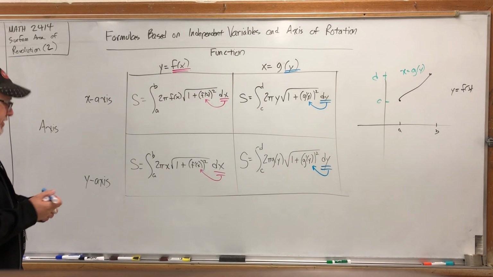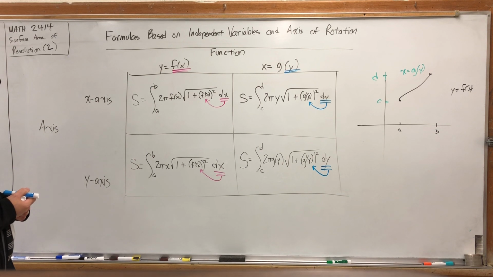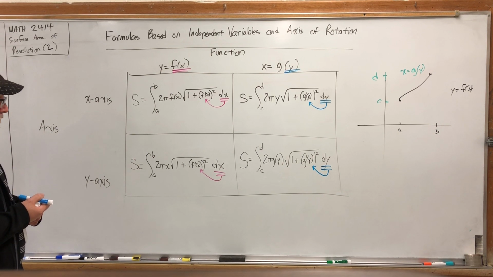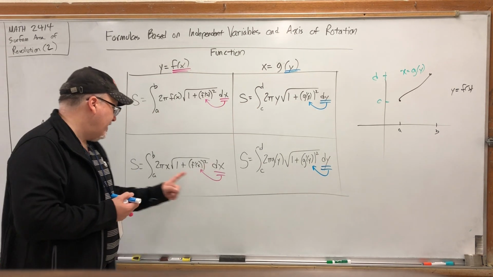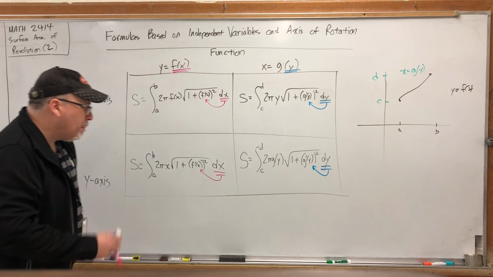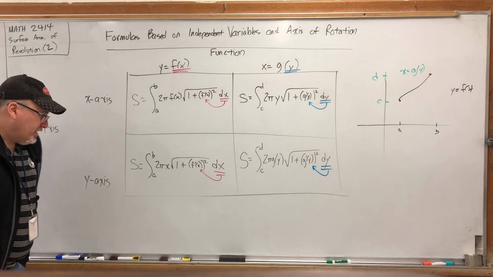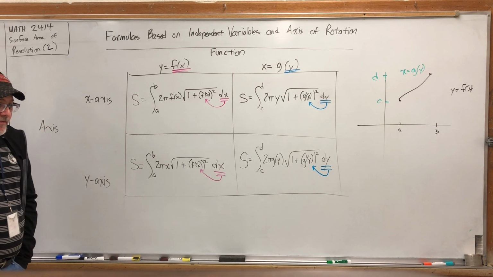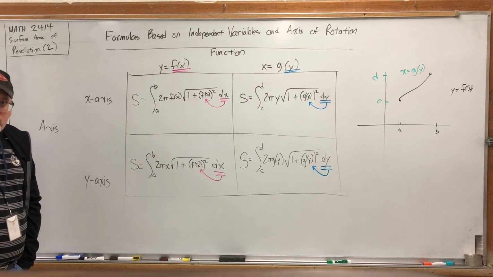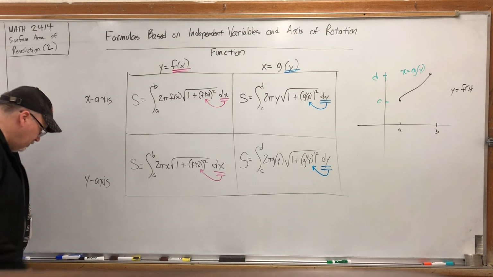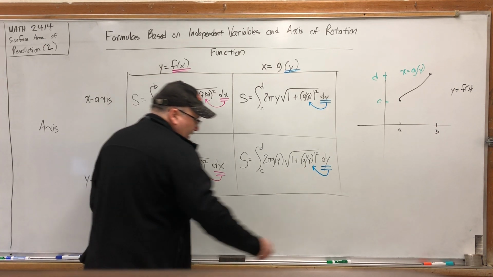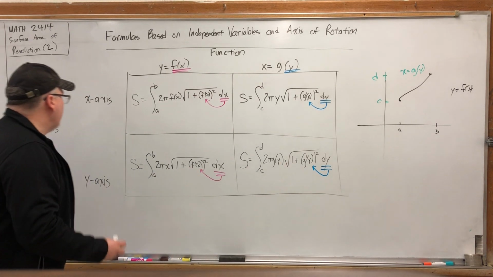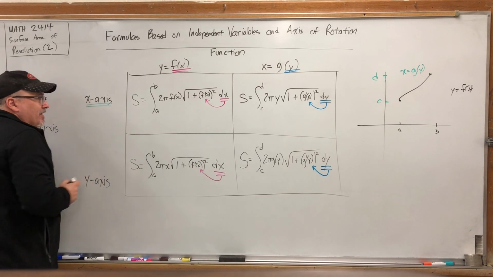As far as what goes in front, whether it's f of x, y, x, or g of y, the short answer is that the thing that goes in front is the opposite of the variable of the axis of rotation. What do I mean by that? Well,